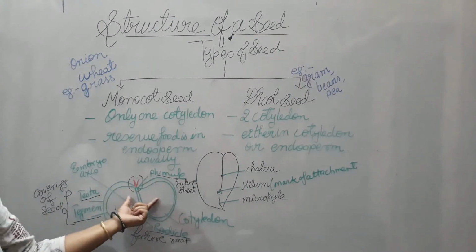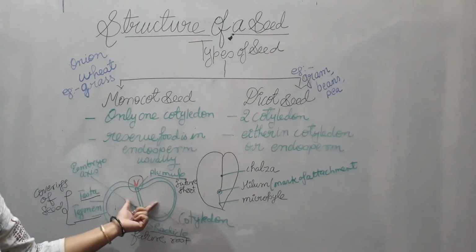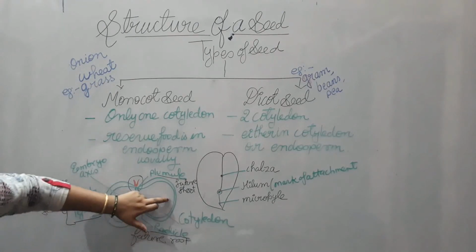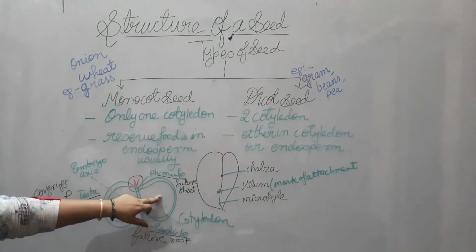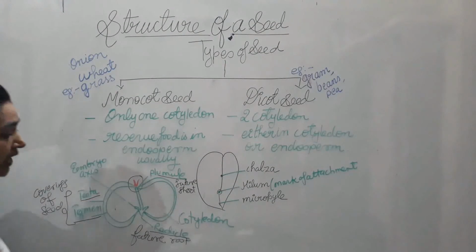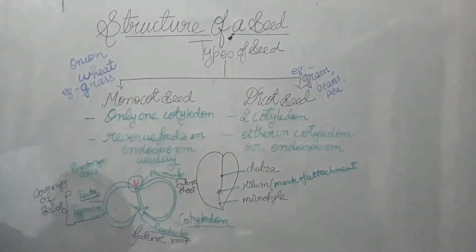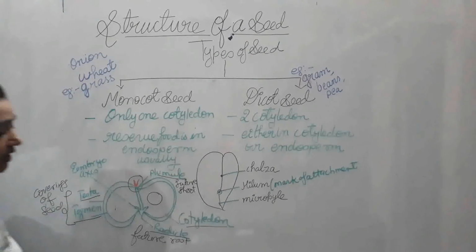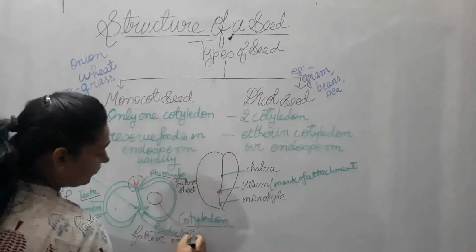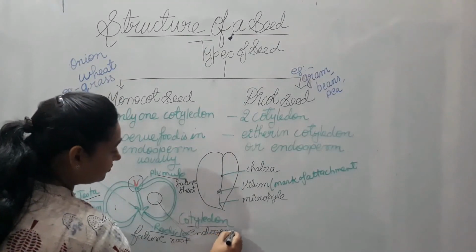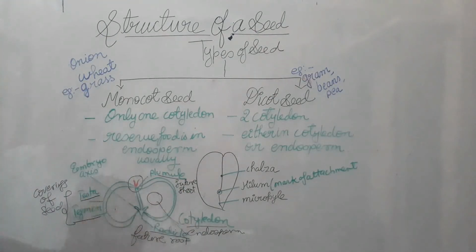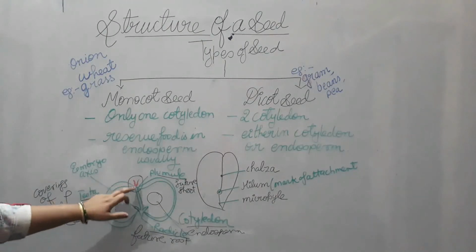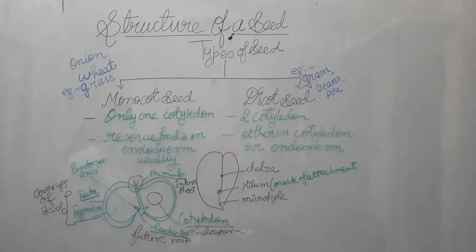This kind of activity or experiment you can do by yourself also. The inner area, if you have taken gram, is a bit more yellowish in color, and that is called the cotyledon. Inside that, you will see a small whitish area, which is the endosperm. And this one which you are watching here is the axis for this embryo to stand on. So this is the structure of a typical gram seed.